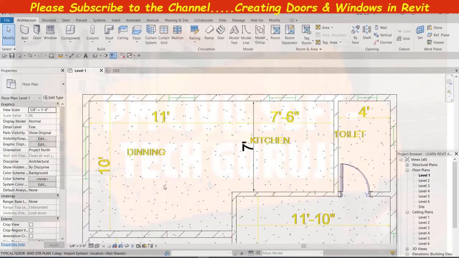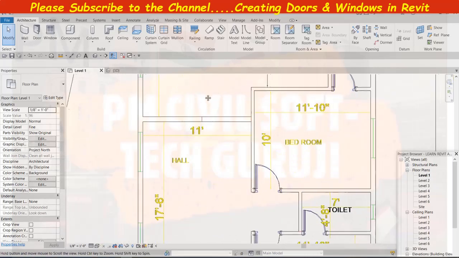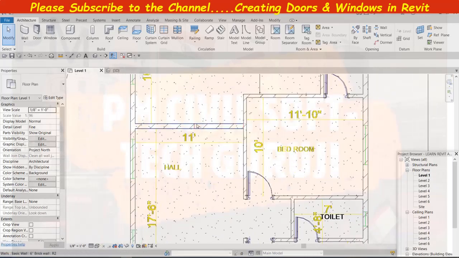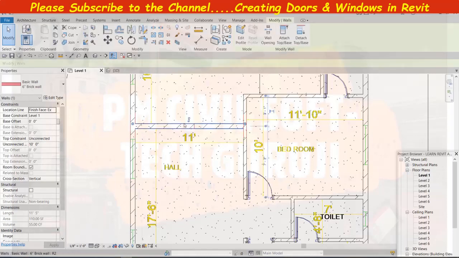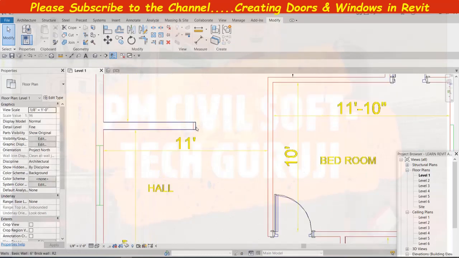Now after finishing the doors, we'll create the openings. So as far as the dining and this wall, we need this much opening. So for that, again select this, select split, and just click here, correct, then press escape, select this wall and delete it directly.